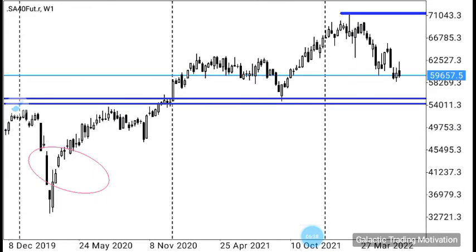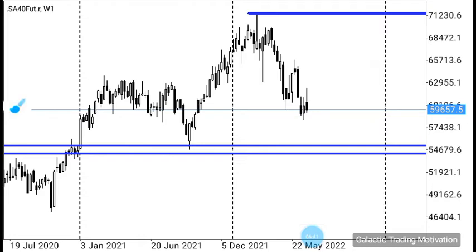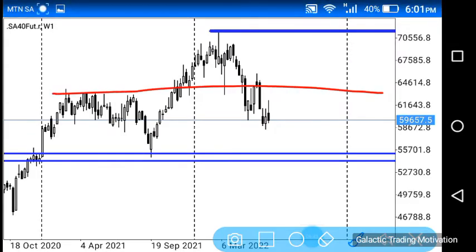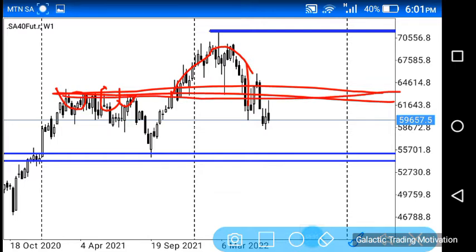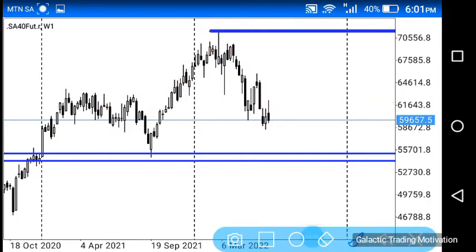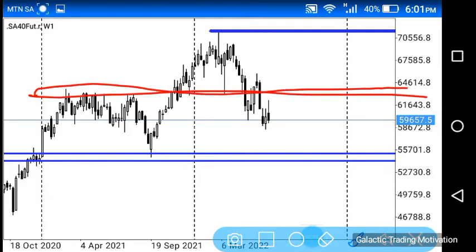Right. So let's proceed. So we had a strong level of support at this point because we had all of these touches. Price came down, unfortunately, though, to test this area, and it was not able to hold price, and we saw the market pushing further down. So what's likely to happen from here is that because the market closed below this very important area of support, it was support, but it's now resistance. The market is probably going to push to at least this level,